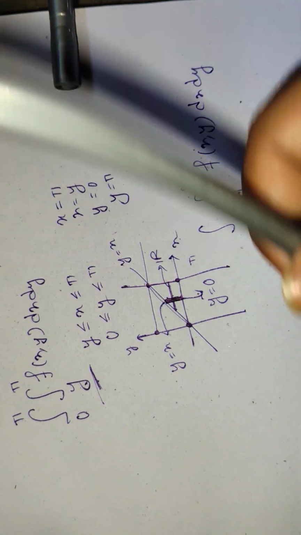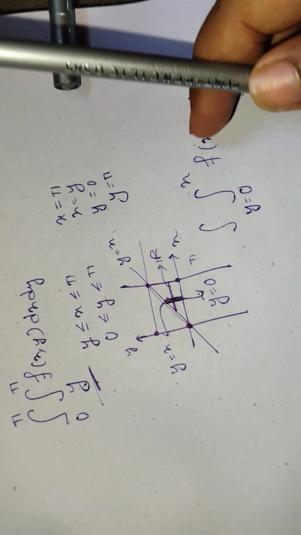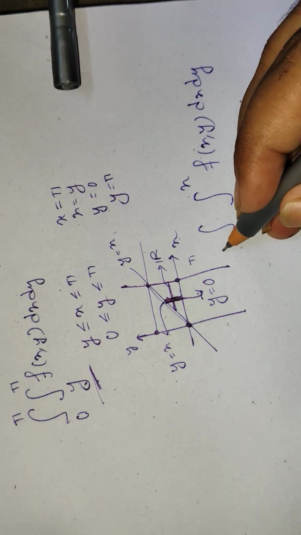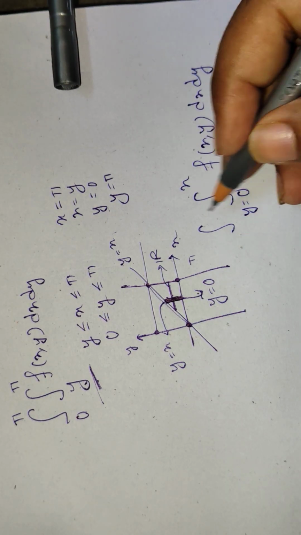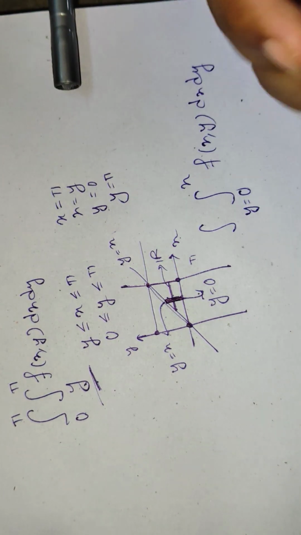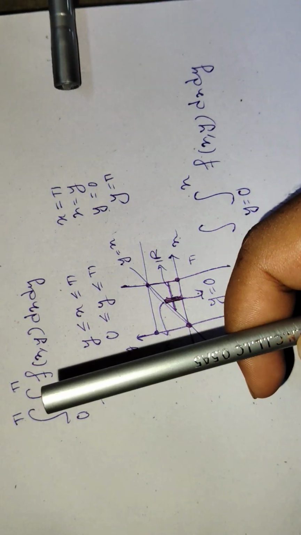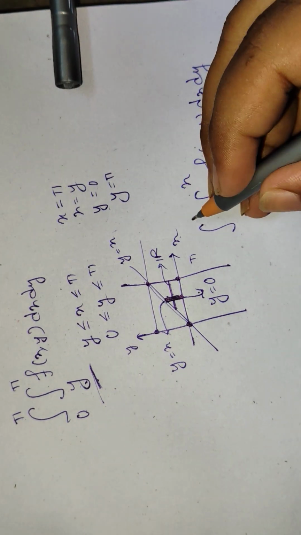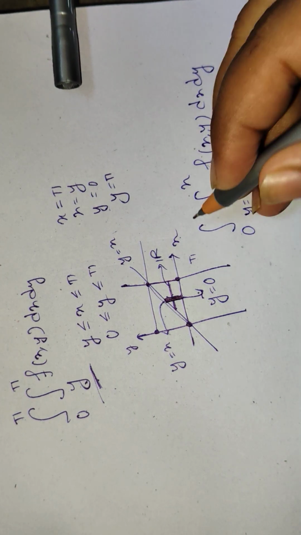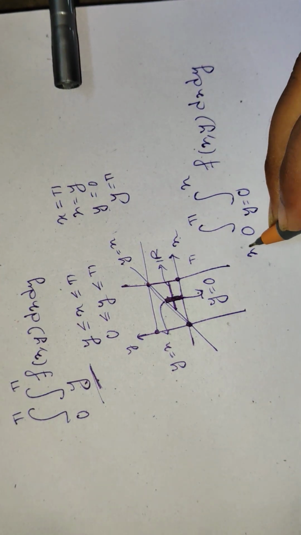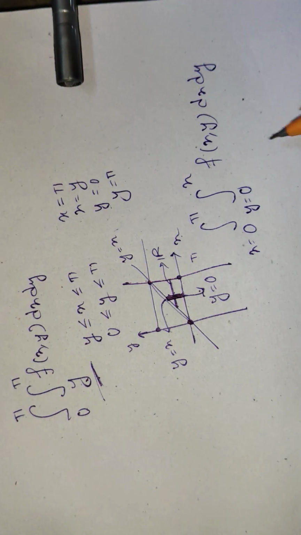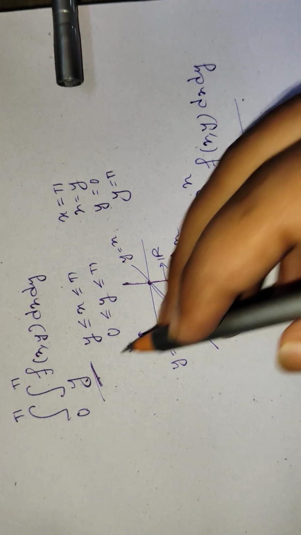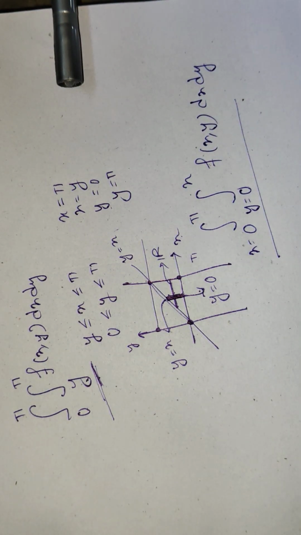That means the strip is moving from left to right. You can take it right to left, then you have to put a negative symbol here, and it will convert the integral into the same integral which I am doing at that moment. However, we are taking a strip which is moving from left to right. So the strip is moving from 0 to pi, and this is the limit of x. Now you can see we can easily solve that integral, right? So this is the way you can change the order.